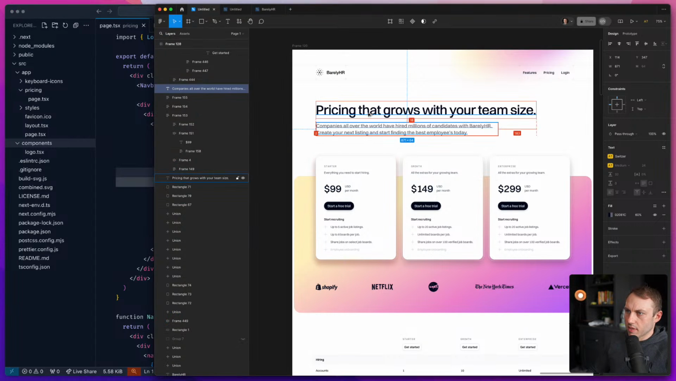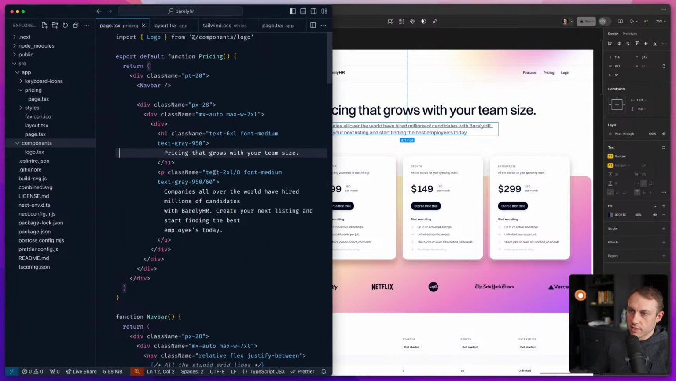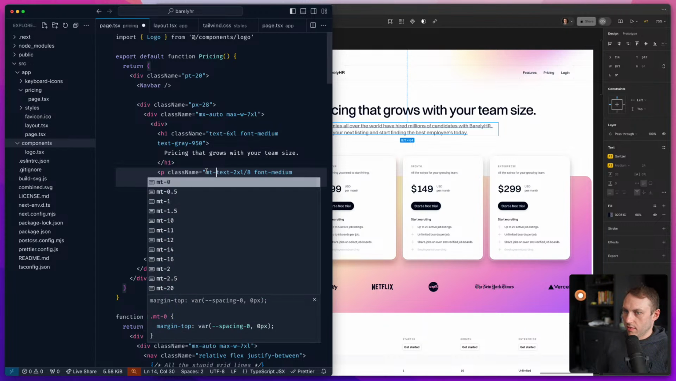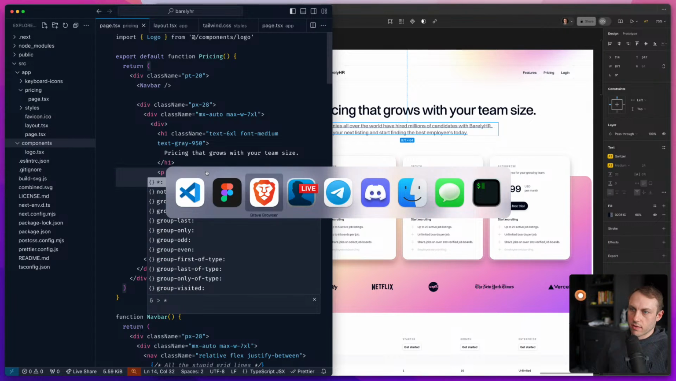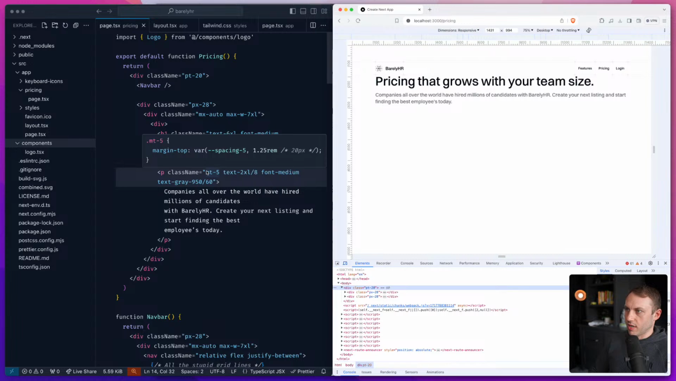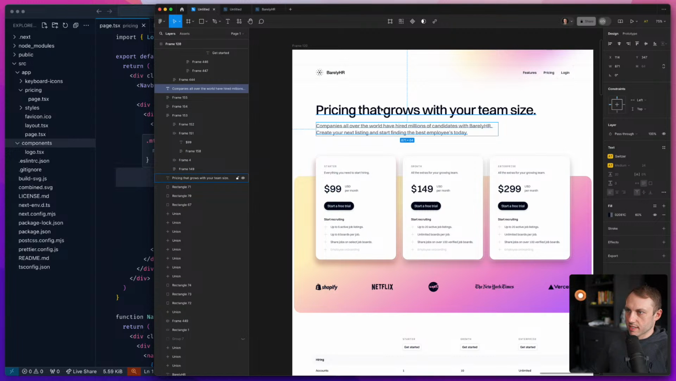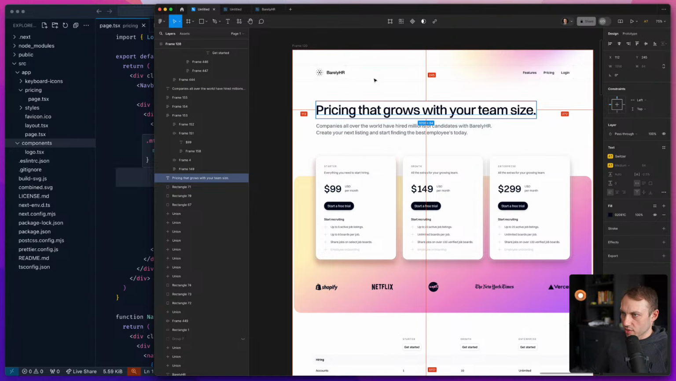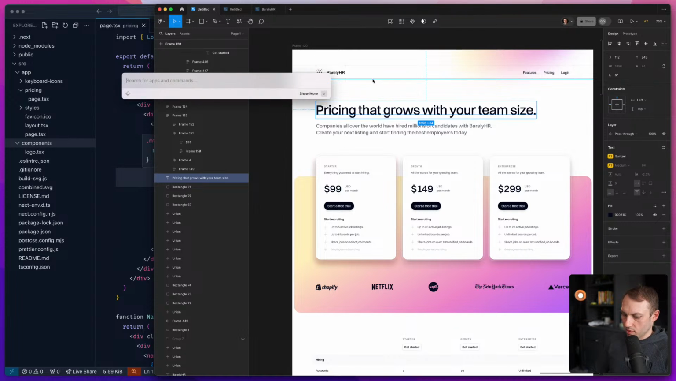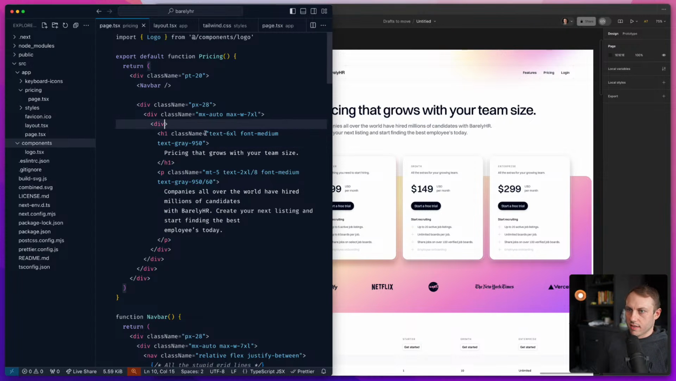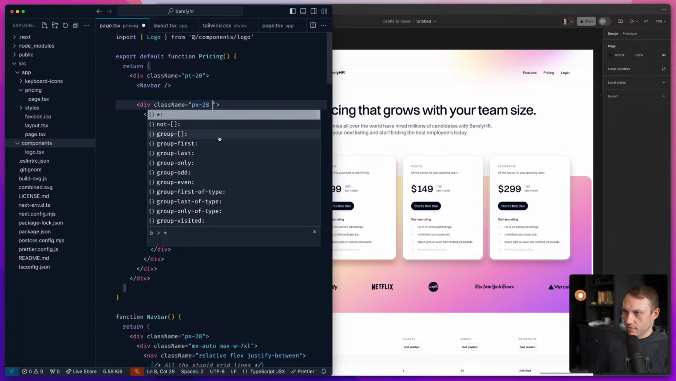And what's the gap here? 18 pixels. That's not a Tailwind value. So we can either go mt-5 or mt-4. Let's see. That's probably fine. Better to do more space than less, probably. And then if we measure up to this, that's 104.26. We don't really have that. Let's just do